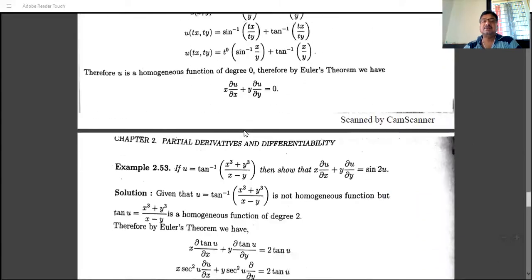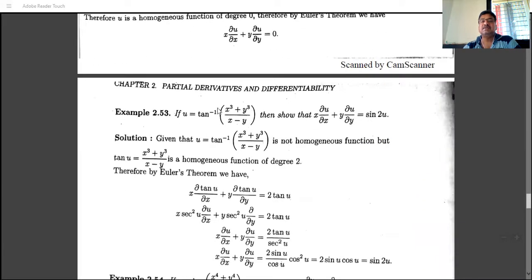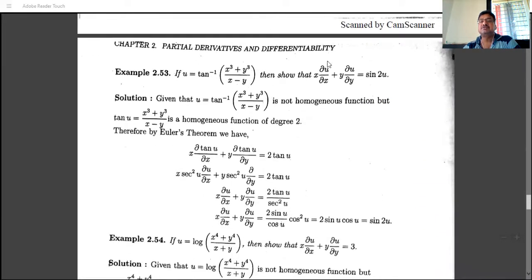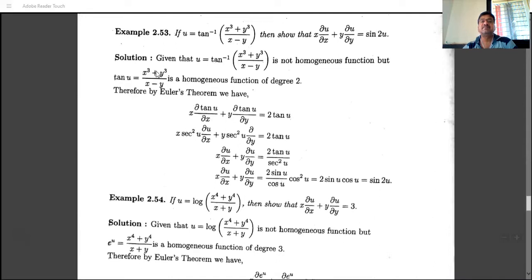So this is the next problem. u is tan inverse of (x cube plus y cube) divided by (x minus y). Then find or show that this. So u is this. Shift this tan inverse to LHS. We have tan u is equal to this. And this is the homogeneous function of degree 2. The degree of numerator is 3. Degree of denominator is 1. So 3 minus 1 is 2. So its degree is 2. And therefore by Euler's theorem,